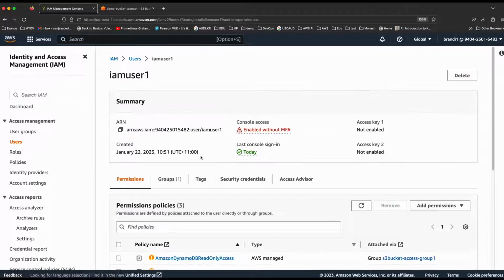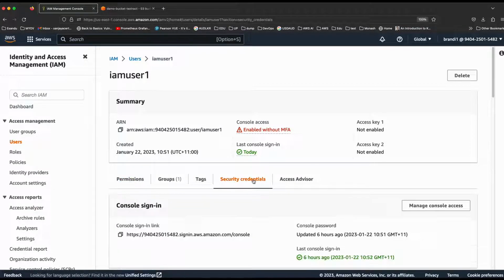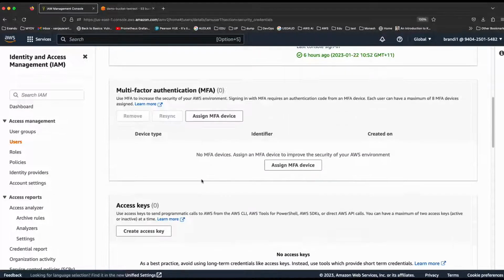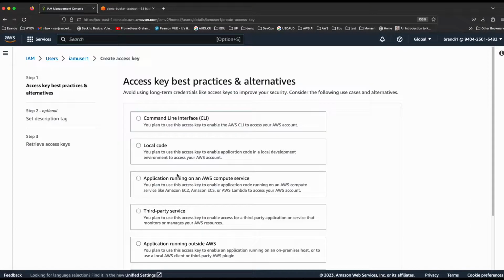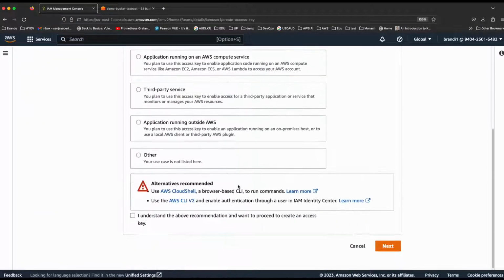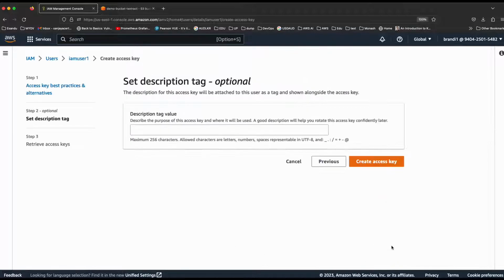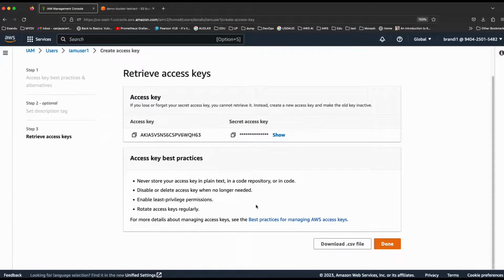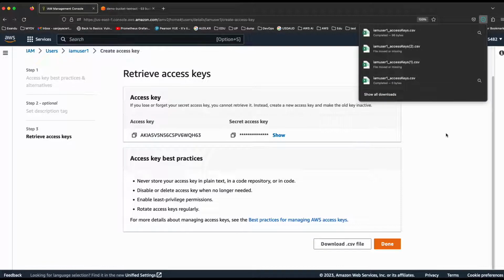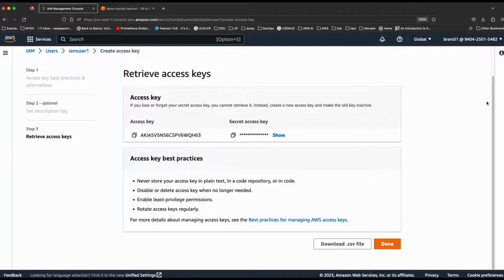Let's go to the user, go to security credentials, and go to access key and create a new access key. I'm going to use the AWS CLI. I understand. Click on create access key. So you can download these keys. Once you download the keys, you need to go back to your